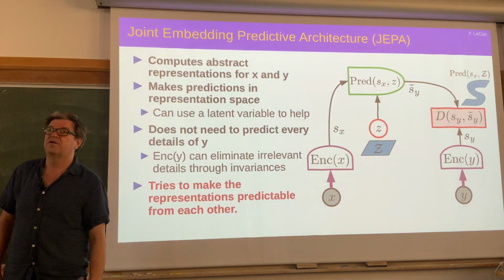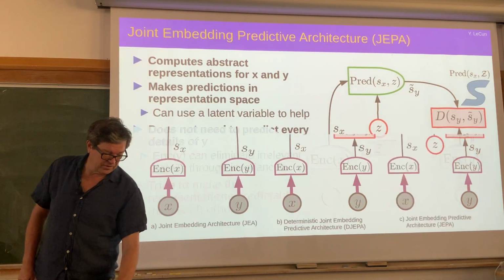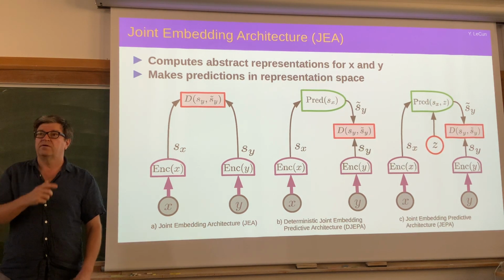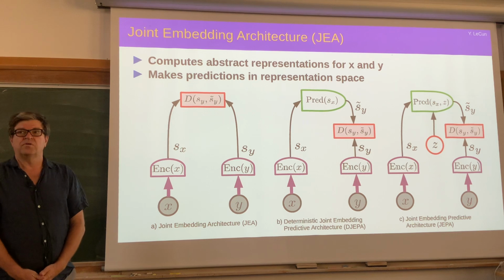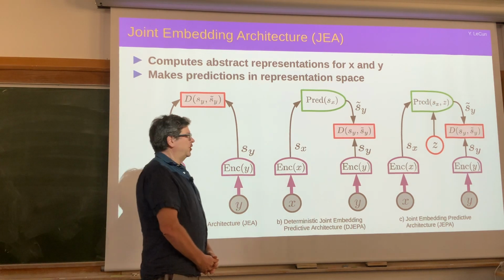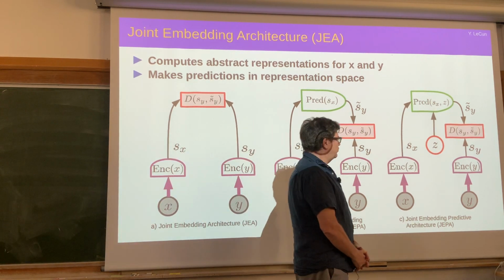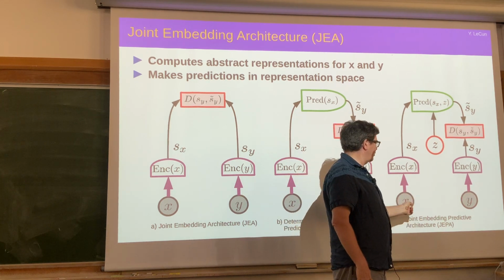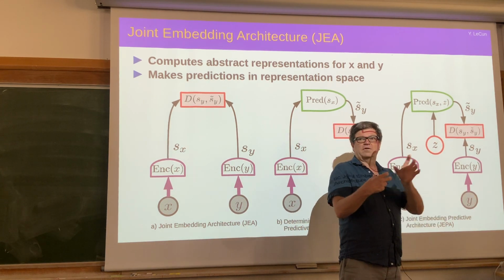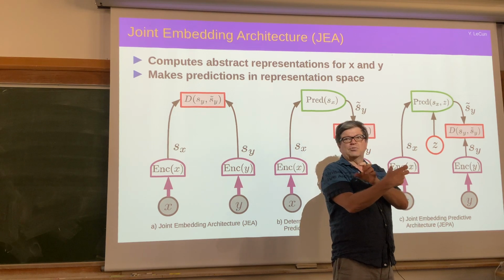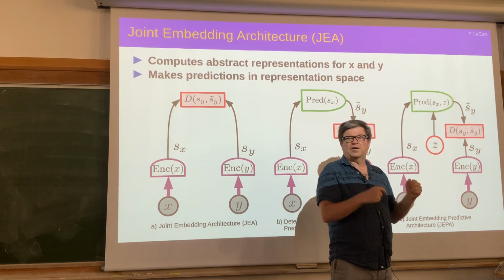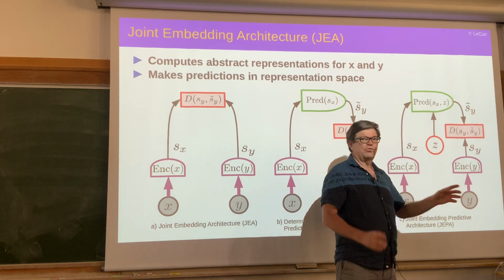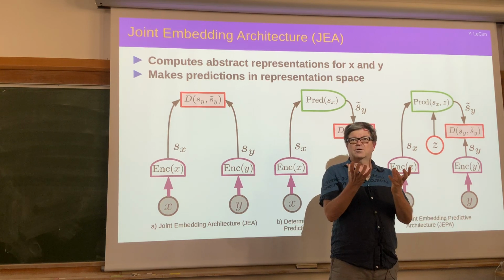Over here, on the previous slide for the architectures on the right, you're assuming some sort of ordering on the X and Y, or some modalities that will allow you to predict? No, I'm not assuming anything. If you want to train a system to understand the world by watching video, this would be a segment of the video, and that would be the next segment or the previous segment or frames in between or something like that. If you want to do image recognition, this would be two views of the same object or the same scene,